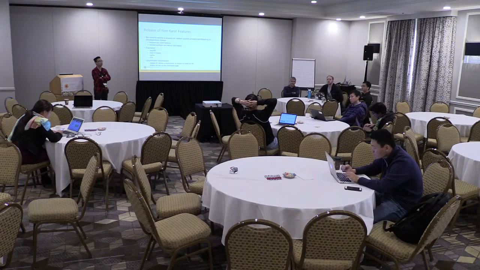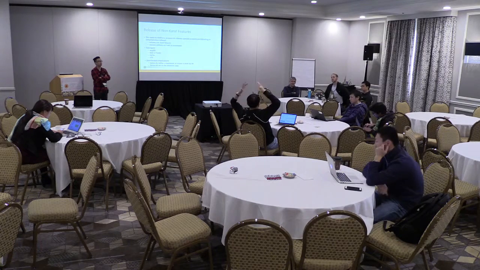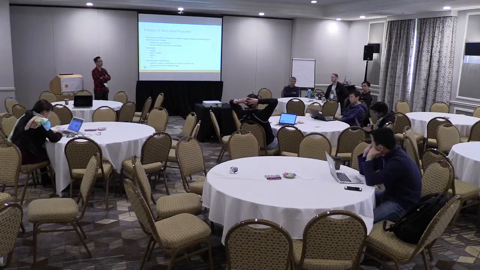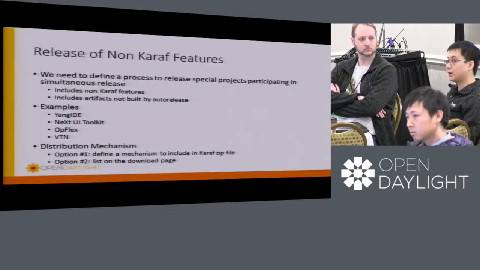Actually, maybe we can push the participating SR release back to a full milestone instead of M0. So once a project is approved by the repository, they will still do M0, M1, M2, but at M2 they will say whether they will participate in the simultaneous release. I think that's a good idea too,